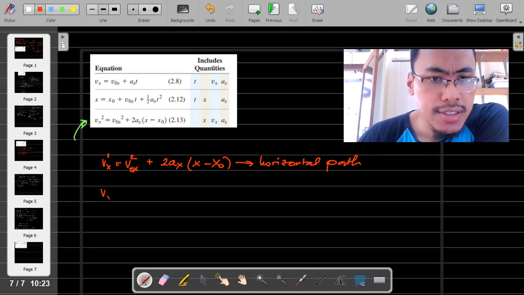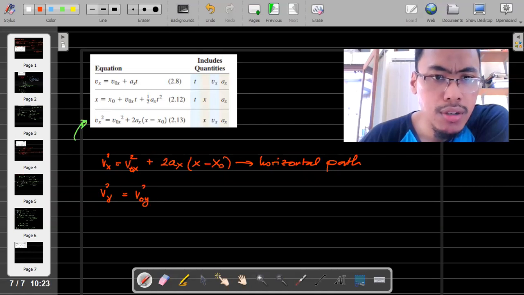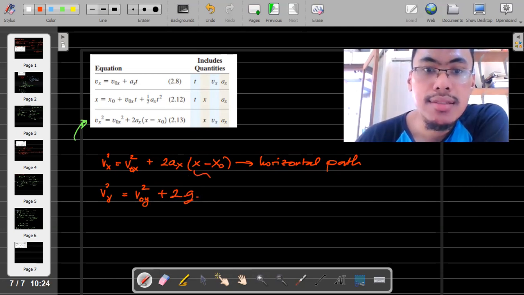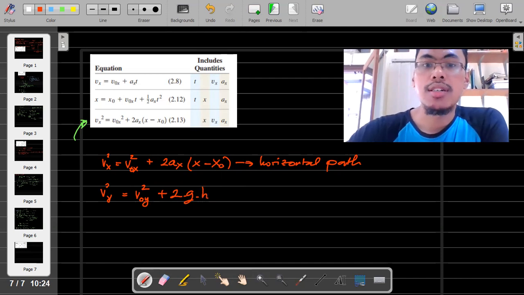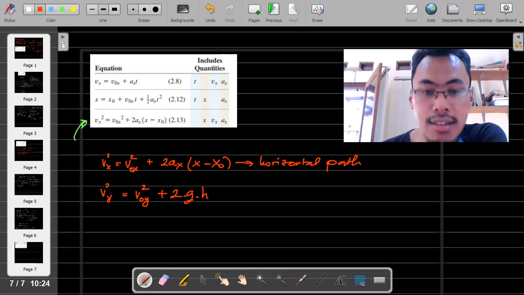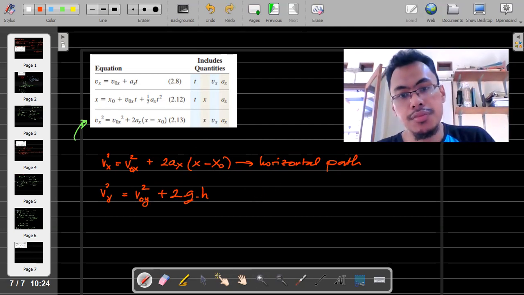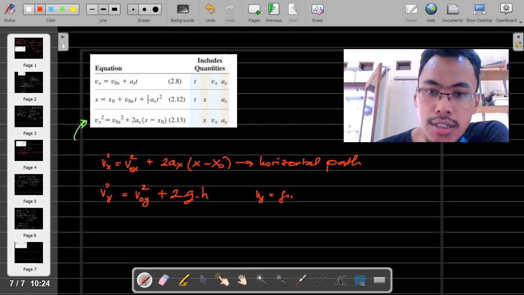So the Vx will be Vy, still to the power of 2, equals V0y to the power of 2 plus 2g, and in this case x minus x0 will be the height, or h here. So Vy is the